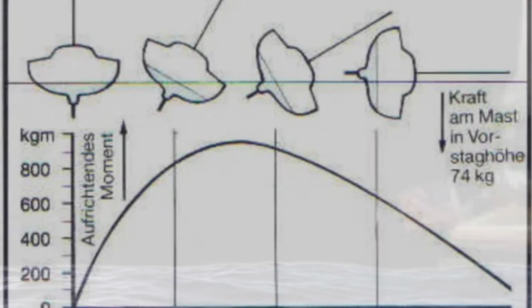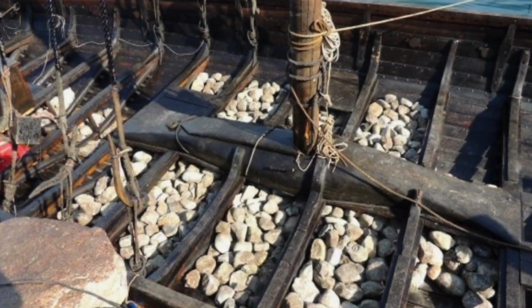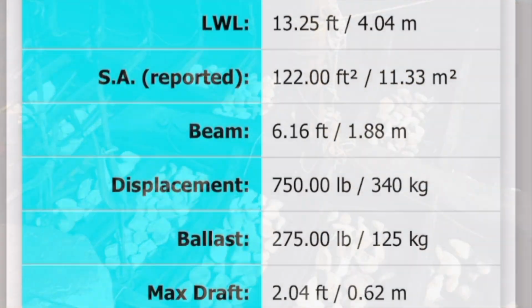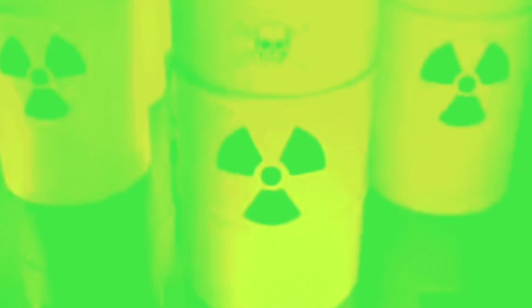Early in Mike's journey to Hawaii, when the boat was fully loaded, he really enjoyed the stability. Mike stated that later in the voyage, he really wished the boat had 400 to 600 pounds more ballast. An obvious exaggeration, but Mike's point is well taken. Now I know what you're thinking. Boy, he sure could have used some depleted uranium in that keel, which is understandable because it's 1.7 times heavier